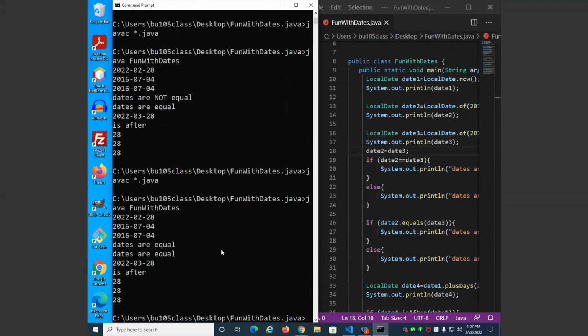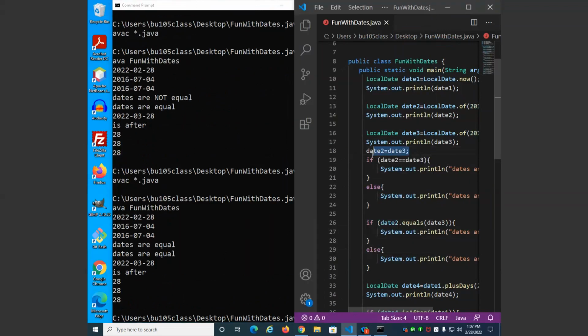Sure enough, it says that they are equal. So when you're comparing two objects, remember, you are comparing the memory locations for the variables. Where do those objects live in memory? And if there are two different objects that were created at two different times,